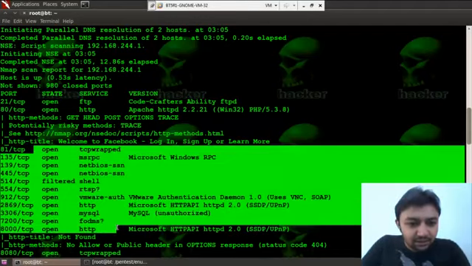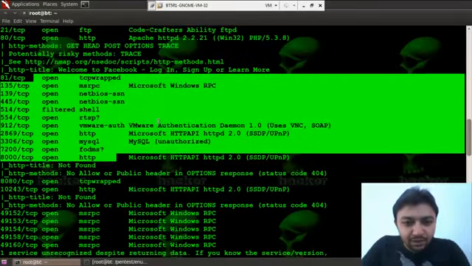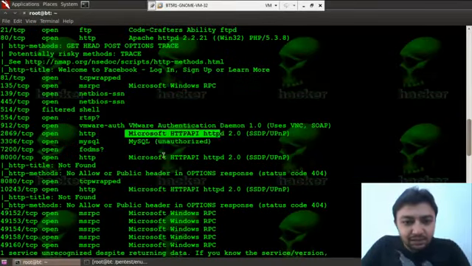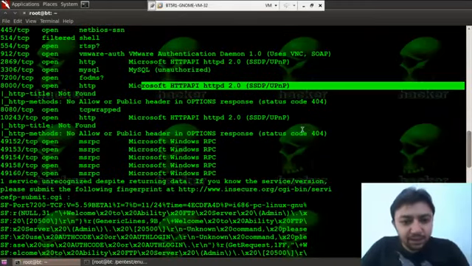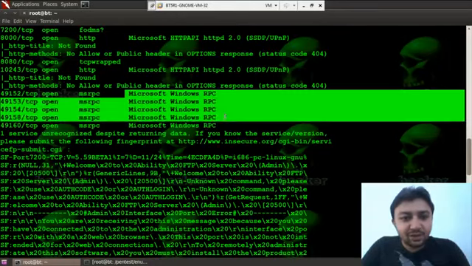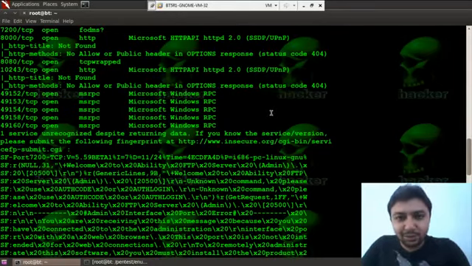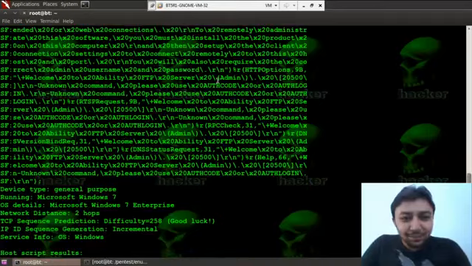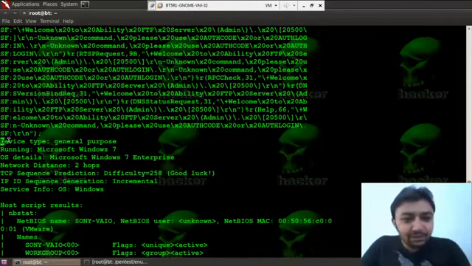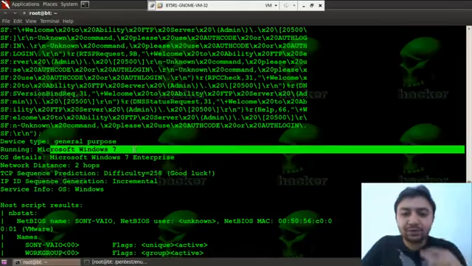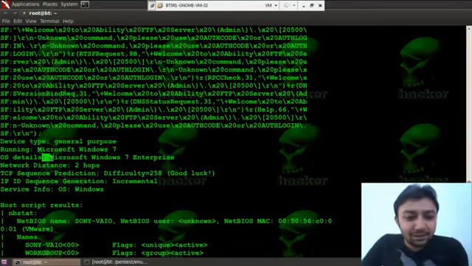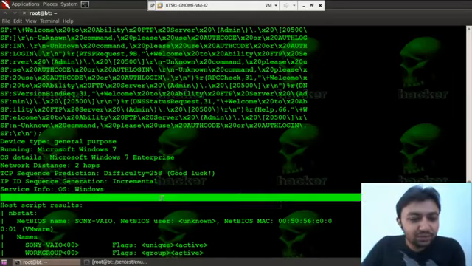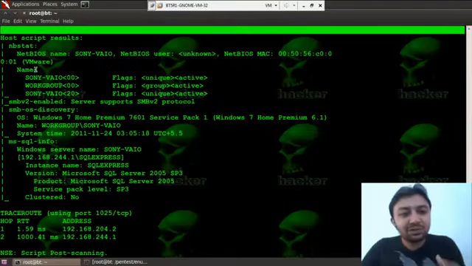These are the services and ports which are open. What are the things that are running? MySQL, Microsoft HTTP API. So you all can see how Nmap is a very good tool. It shows it is running Windows RPC, so that we can exploit it using Metasploit. And it is a payload which is given to it. The device type is general purpose running Microsoft Windows 7 and the operating system is Windows 7 Enterprise Edition, 2 hops. Here are some host script results which are very good.